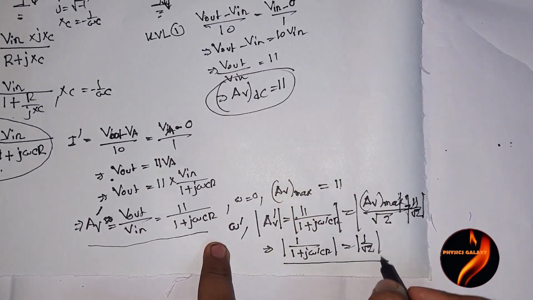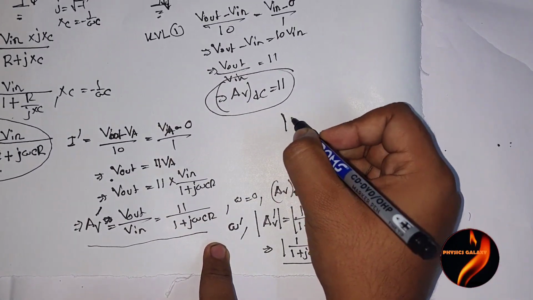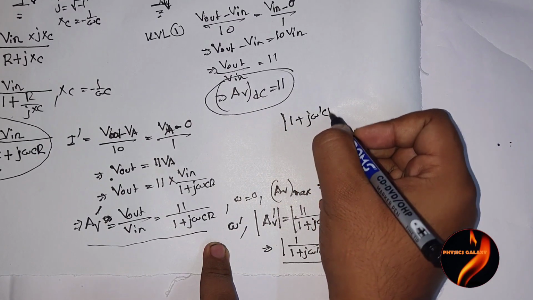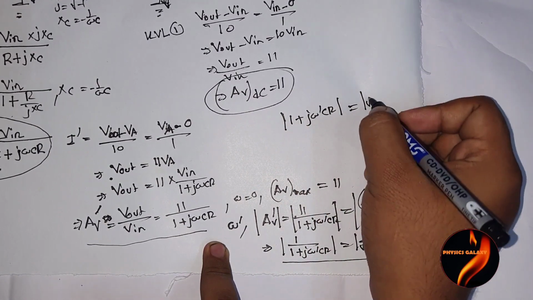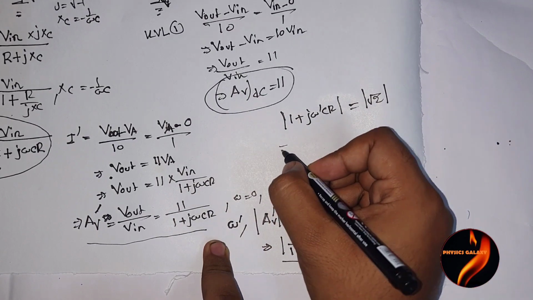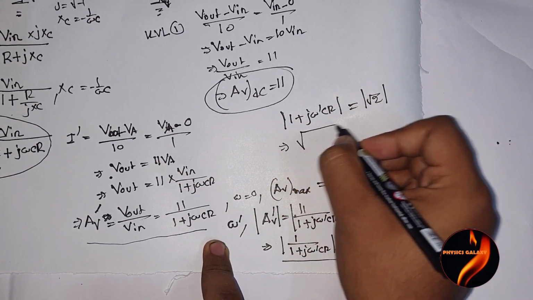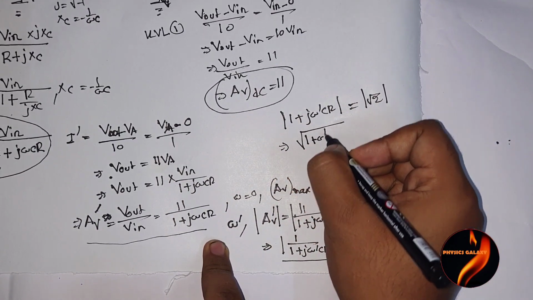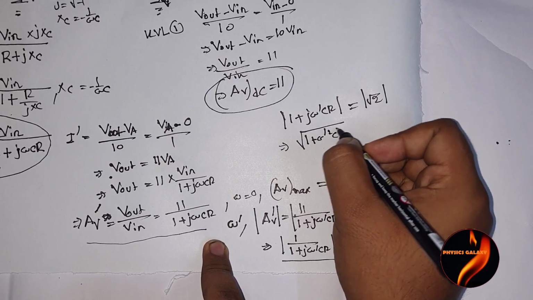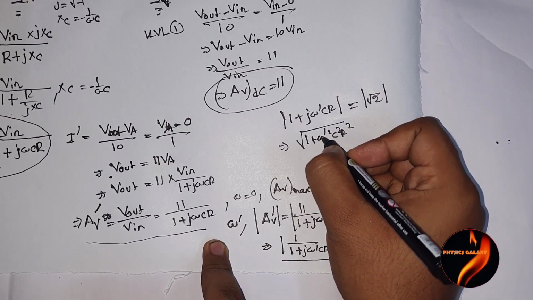From this relation we can say that mod of 1 plus j omega prime CR will be equal to mod root 2. If we simplify this expression, this will give me omega prime square C square R square